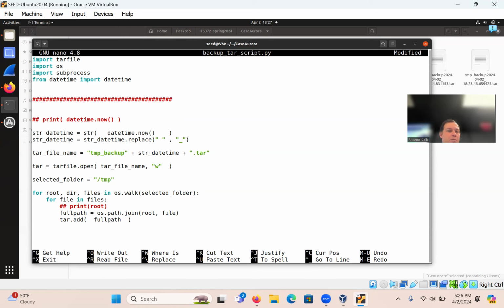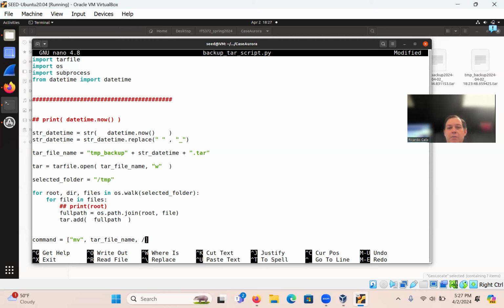And finally, once you've created the tar file, maybe you have a folder where you're collecting all your PCAP files, and those are the ones being processed. Once you run the tar file, you move them out of there and dump them somewhere else, right? Such as the desktop. So in this case, I'm going to add a command in here, and I'm just going to use subprocess. So I'm going to say mv, which is the move command in Linux, tar file name,